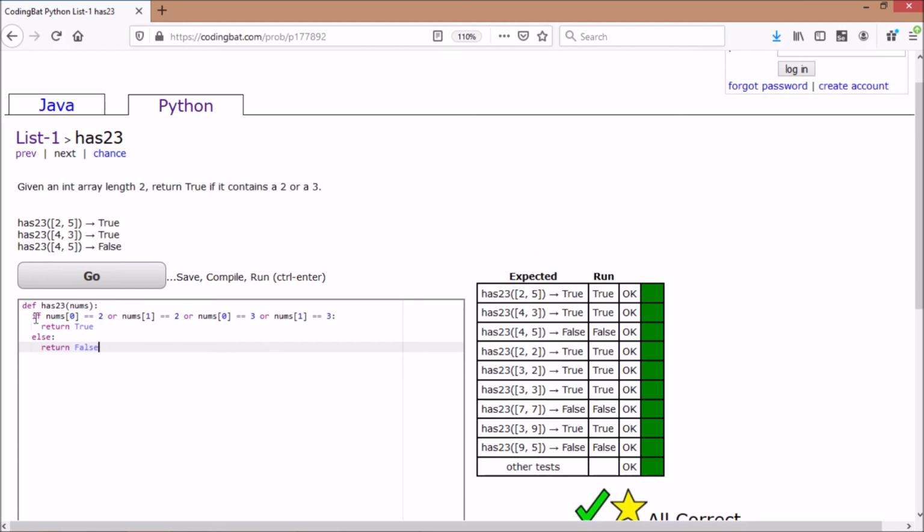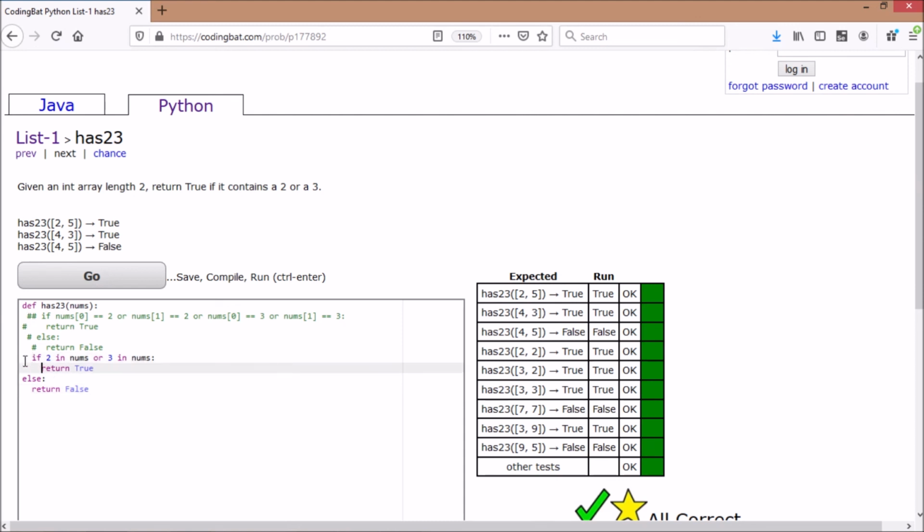Now there is another part. Let's comment this out. Okay, so we are not able to comment. Okay, so you can put this here to comment. And if 2 in nums or 3 in nums, return true, else return false.